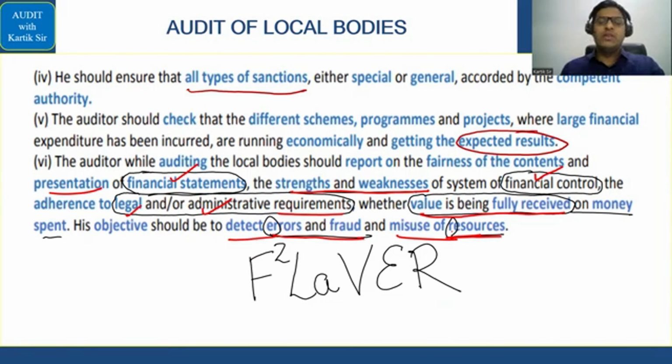Comfortable यहाँ पे? Why this flavor point we are doing it separately? Because if you look at the next question also, that is called objectives of the local body audit. So if you check your notes, you get there a question called objectives of local body audit. उसमें भी same points हैं, उसमें bullet point में दिया हुआ है लेकिन यही point दिया हुआ है, flavor वाले points ही लिखे हुए हैं. And if you check your notes, we have done the same thing itself. Okay, so ensure that you are doing this properly. That is basically this point.